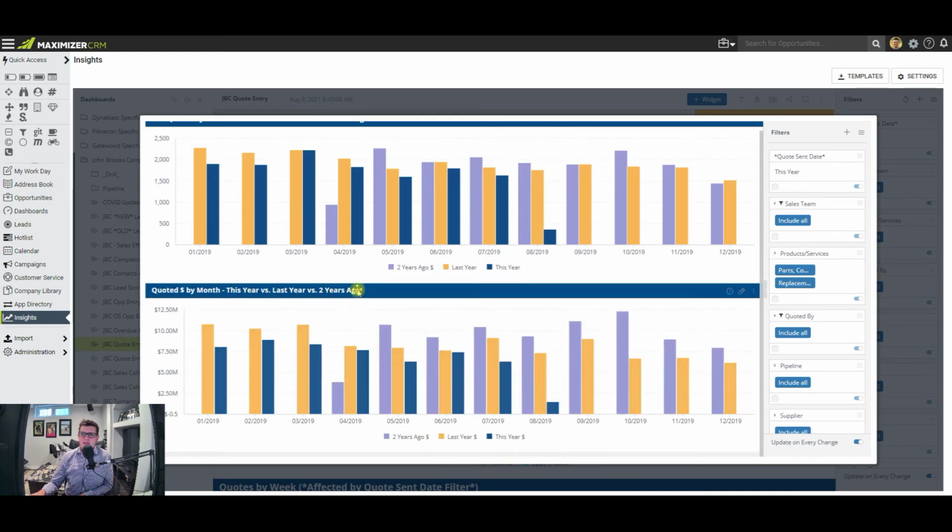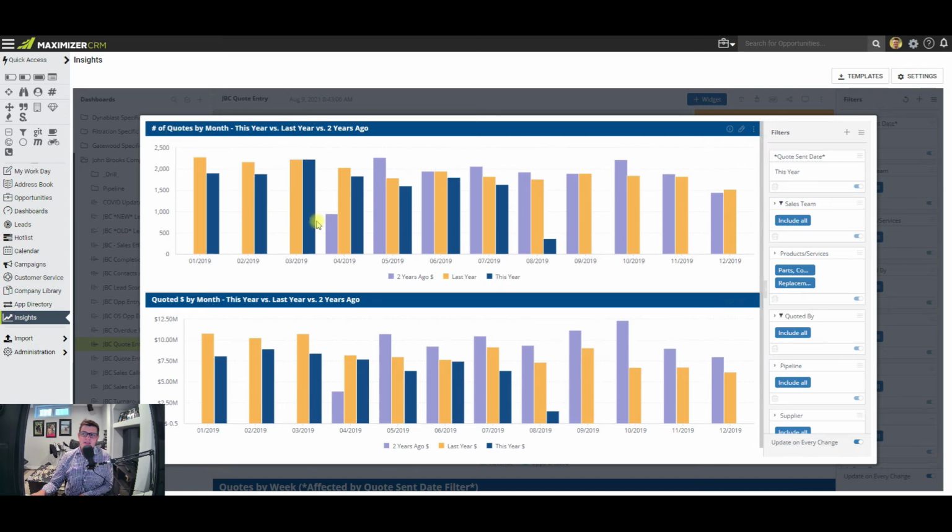So if we were to look at just the volume at the top here, and even just look at the last few months, what we're going to see is for July, 2 years ago, there were over 2,000 quotes. Last year, 1,800, this year 1,600. And then we can work backwards to see, well, does that trend continue? Here we have 1,800, last year 1,900, and a very similar value 2 years ago, May. So I think you see where I'm going with this, but this is a way to actually, I think really